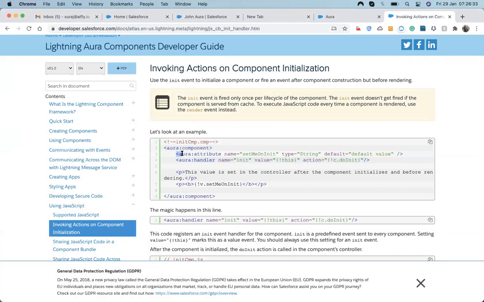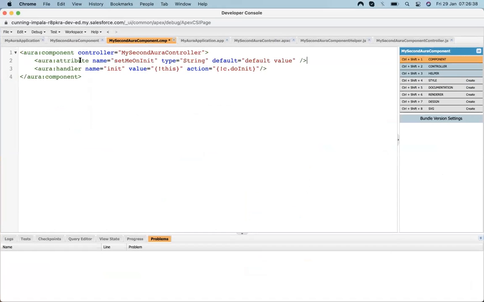Let's copy it from here. It should be a list. Let's make the default value to be